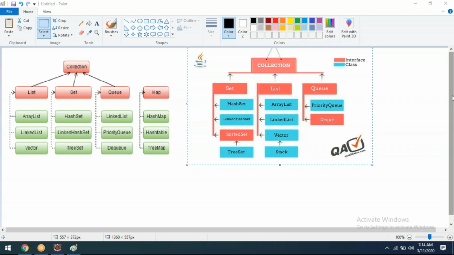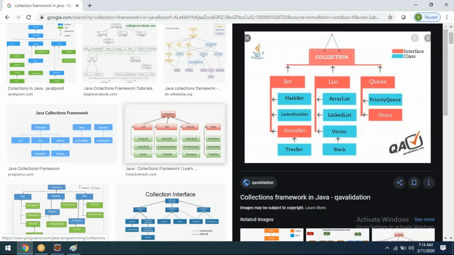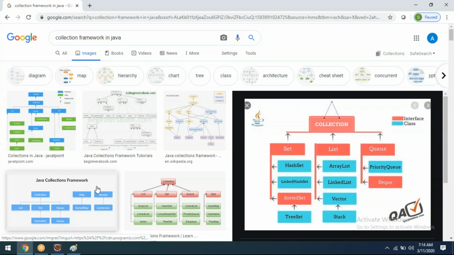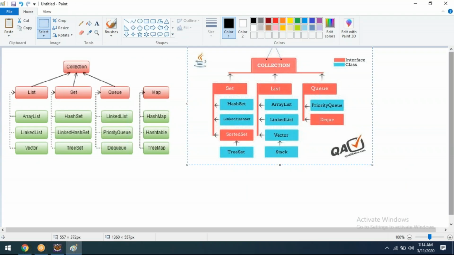If I Google the collection framework, you will get many things. This is the proof that we are not supposed to learn anything more. Some people will say what to do and what not to do, but just see how many classes there are. We just need to remember very few classes.